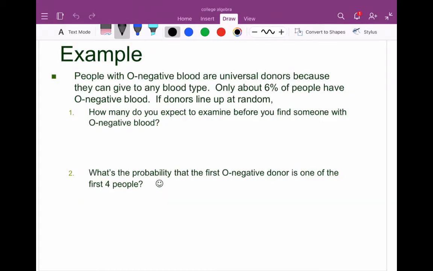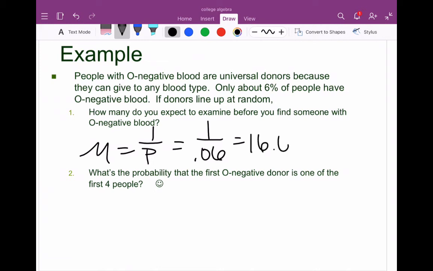Looking at an example, people with O negative blood are universal donors because they can give blood to any blood type. Only about 6% of people have O negative blood. If donors line up at random, how many do you expect to examine before you find someone with O negative blood? Again, this is our expected value or our mean, which is 1 over the probability of success. So the probability of success is 6%, so it would be 1 over 0.06, which is 16.67, or approximately 17